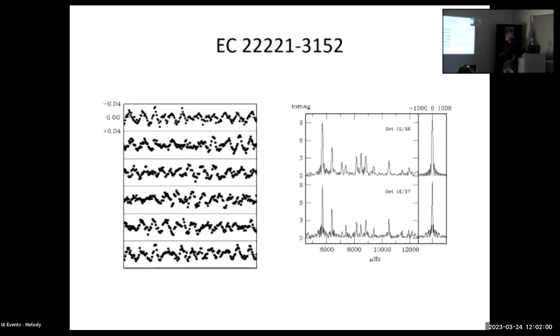Now, when you start finding more frequencies there, you might well ask the question, why do you want to know all this stuff? There is then the possibility, and the more frequencies the better, that you can match these observed frequencies with models of what we think a subdwarf star looks like. And then you do the iteration where you can work backwards and forwards between models and observations. And if you improve these things and get really good, you can do things like get the pulsation mass of